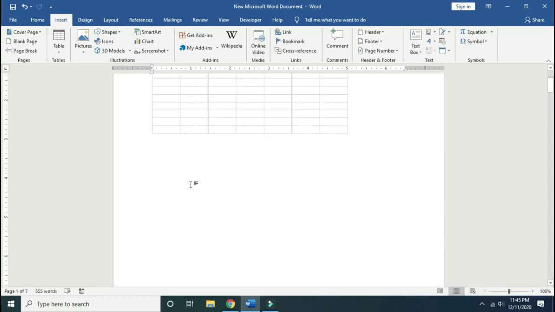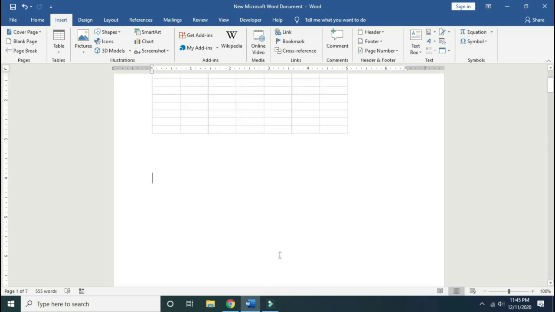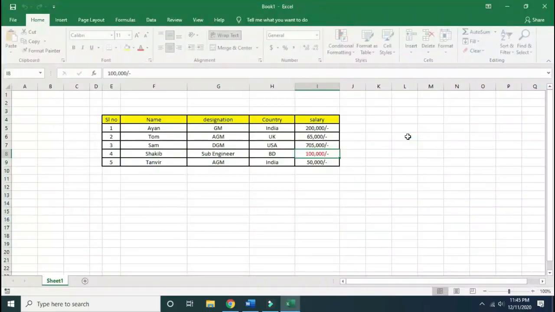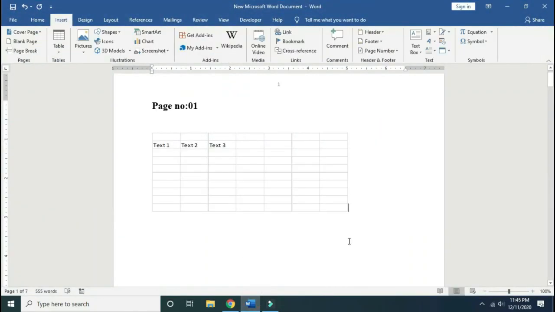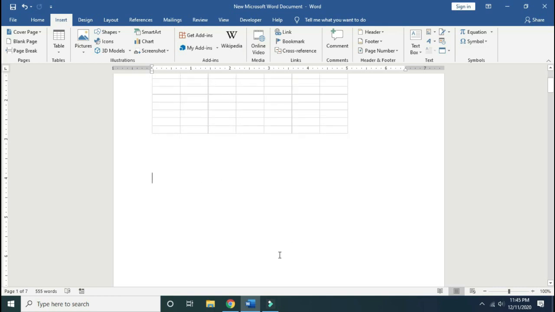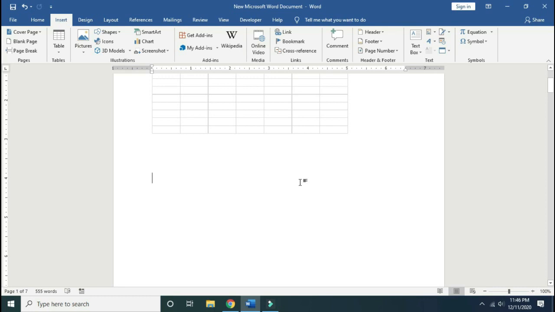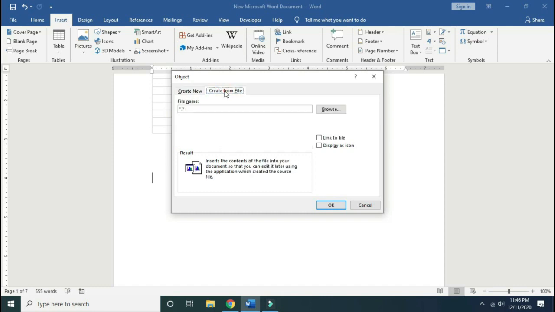Now I want to show you the second way to insert a spreadsheet in an MS Word document. Here you can see an Excel sheet I want to put in MS Word. I close this document, then I open MS Word, then go to Insert, click on Object, then Create from File.